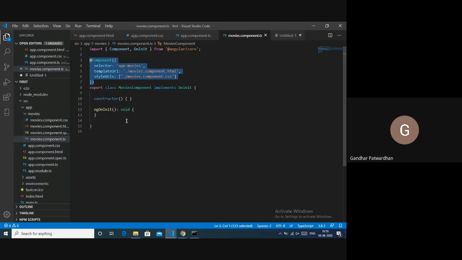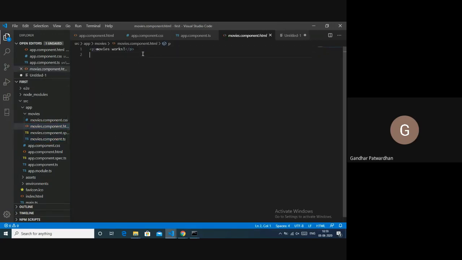Now to display this component, if at all we get it working, what would be displayed? This text, movies works, would be displayed. Now what I'll do is I'll use this component. Now this component is a child component of the app component itself.